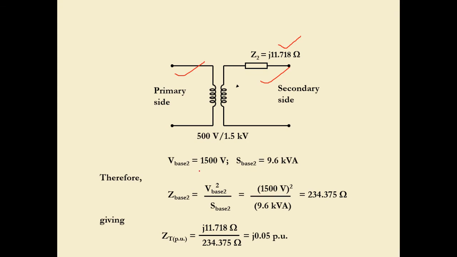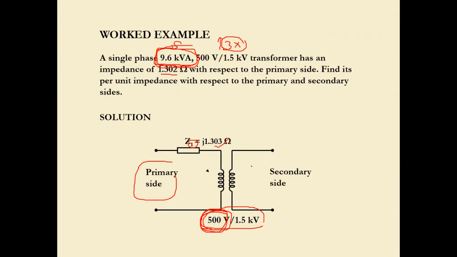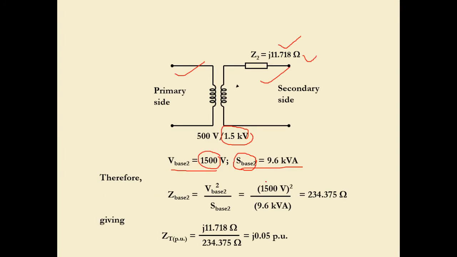So V base 2. We are done with the Z calculation. Now we move on with the base calculation of Z base 2 and S base 2. We choose 1500 from this ratio for V base 2, and S base 2, of course, is given from the beginning of the question. So what next? We continue with Z base 2, which is V squared over S. Substitute again the value of V base as well as the S base,